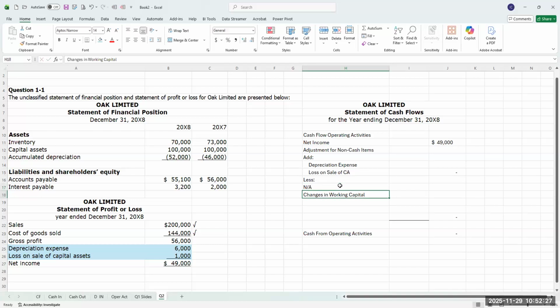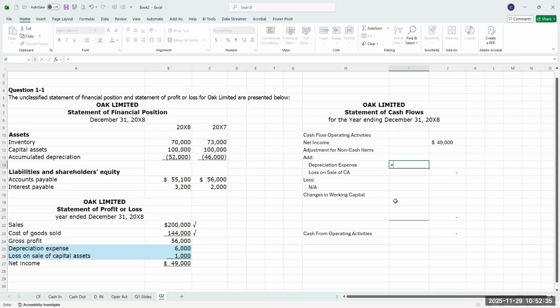We're not going to reduce anything here. So let's add depreciation first: we're going to add $6,000 for depreciation. And for the loss, we're going to add another 1,000. Once we make those adjustments,